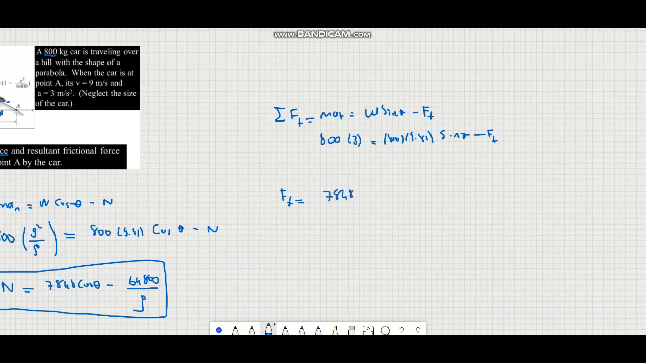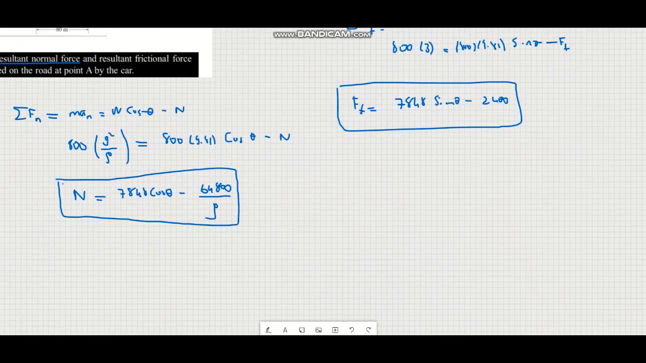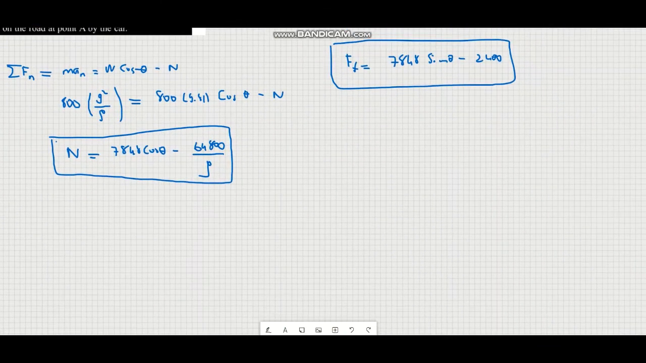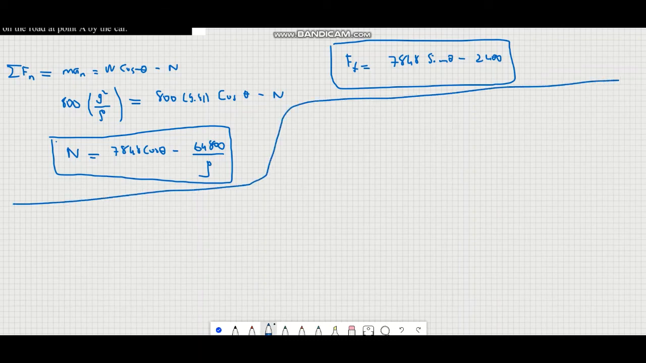7,848 multiplied by sine theta. We are going to calculate theta. How are we going to do it? Sine theta and minus 2,400 from this side. So we found the friction force and normal force acting on the car, but we need to continue in order to find our theta and